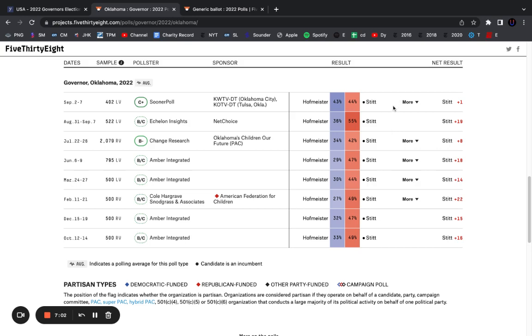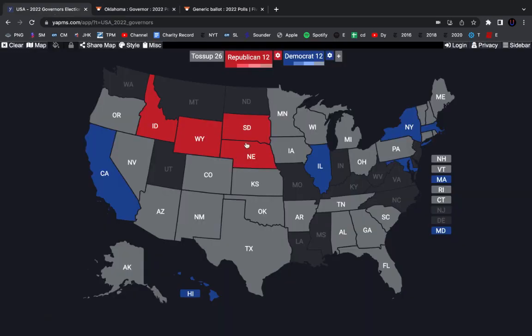So he's probably going to run behind Trump by a good amount, but it won't be anything close to a 15-point margin victory. But I just thought I'd point that out. Arkansas, Tennessee, Alabama, nothing special there.